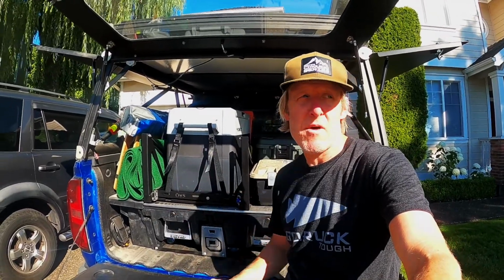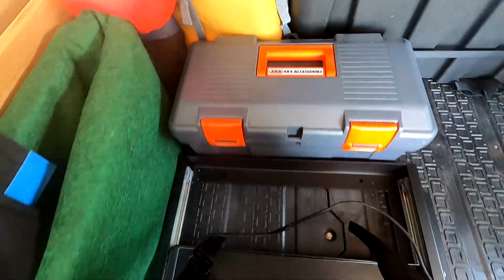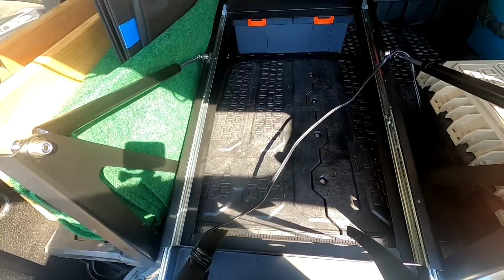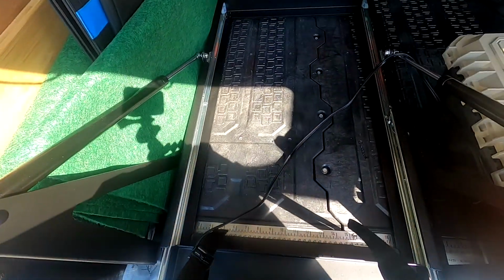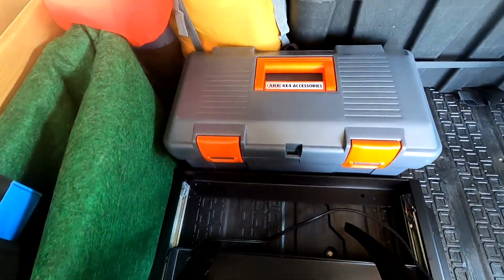Cord management problem on a sliding fridge. The problem that I have is when this fridge slides out, it's great, but when you want to push it back in, the cord catches on the actual slide and pinches. And so, yeah, you can make it work. You've got to lean around and sling the cord out of the way, but I wanted to come up with